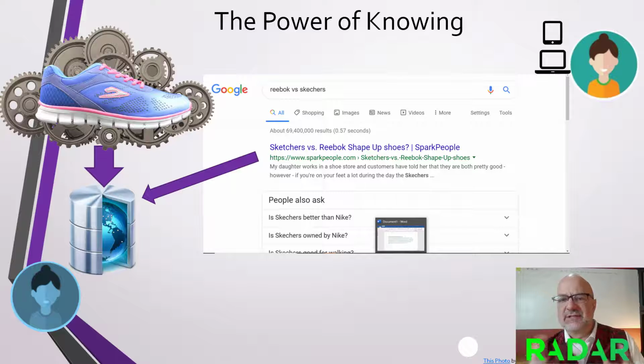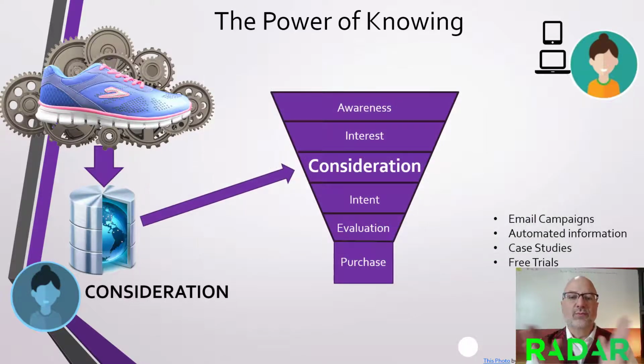This is Reeboks versus Skechers. Which are the best walking shoes? And that information goes into your identity graph. That also sends a trigger to the CRM. The CRM says, wait, that's kind of the thing that person would search on if they're in the consideration, if they're thinking about buying. And so you want to shift your focus a little bit as a business and be